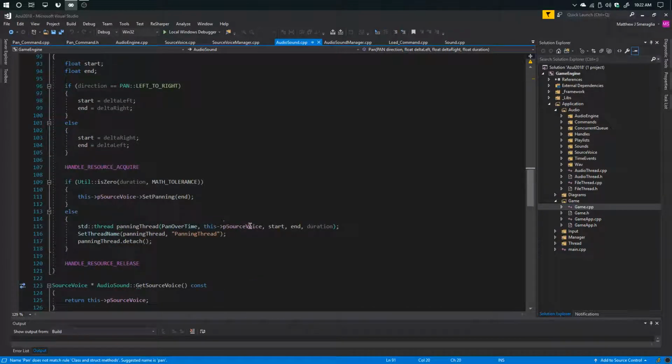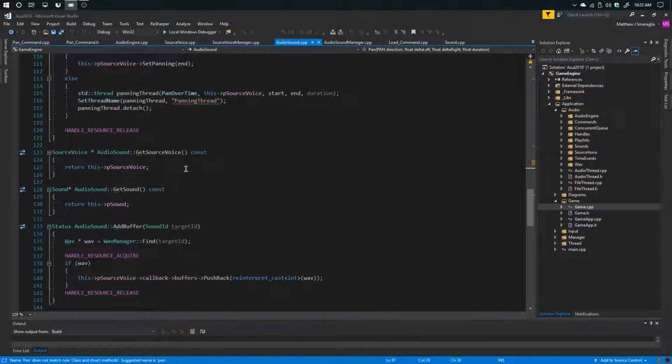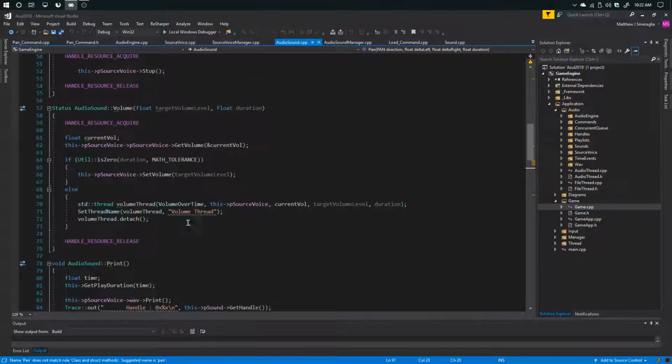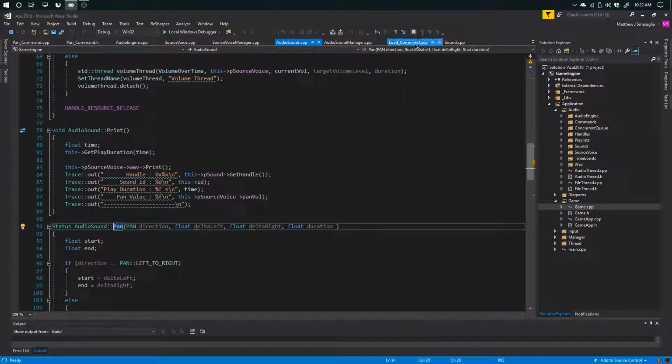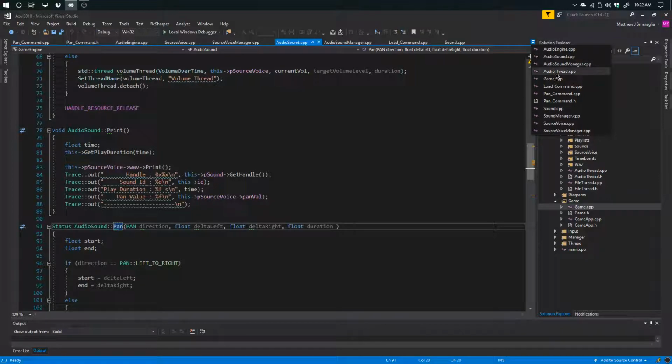So this is where I set off that panning thread, and I do the same with the volume thread as well, which is right here. And that'll basically just interpolate from the current volume to whatever the target volume is. So if I go back to that and play it,